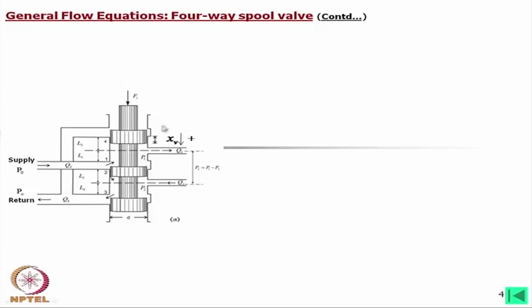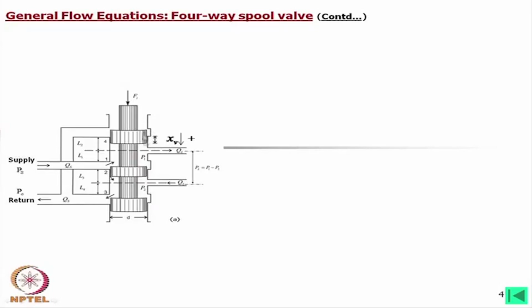Here I have shown the valve displacement xv, and this is the positive direction. We have considered the positive direction along the direction of the force F1 being used to move the spool. Now, there may be one confusion. Usually the neutral position is the position from where we consider the spool movement. Now,